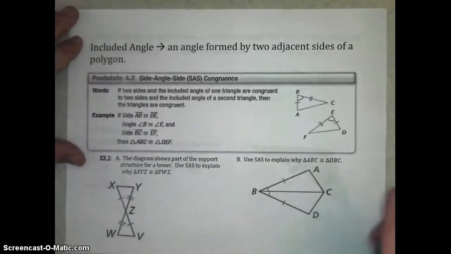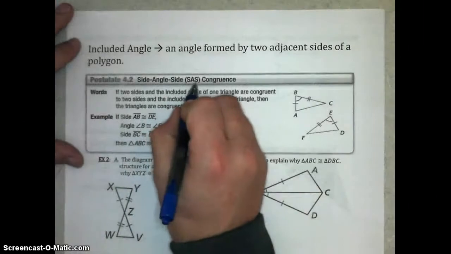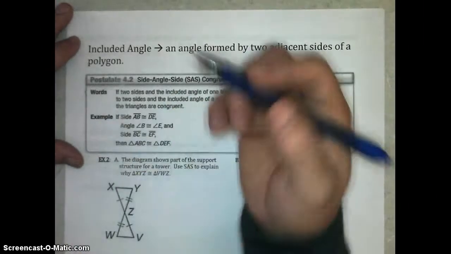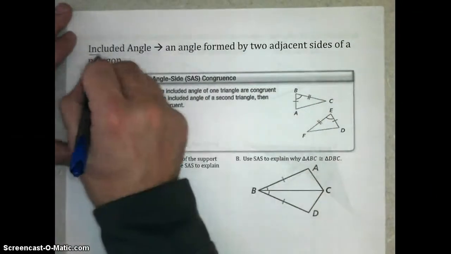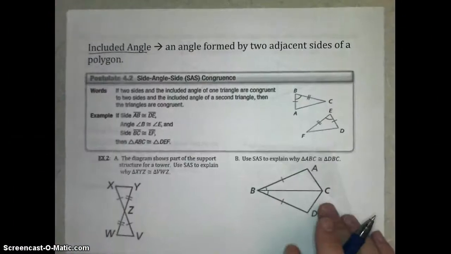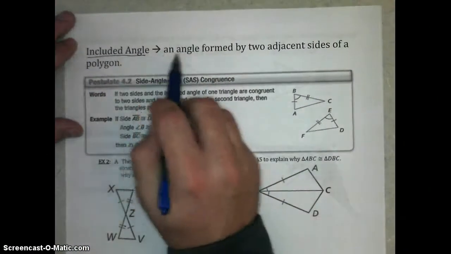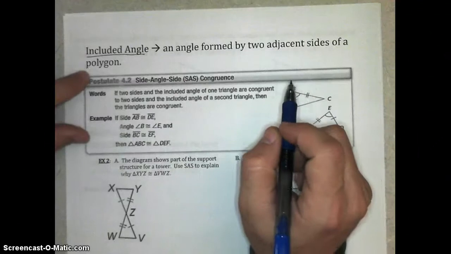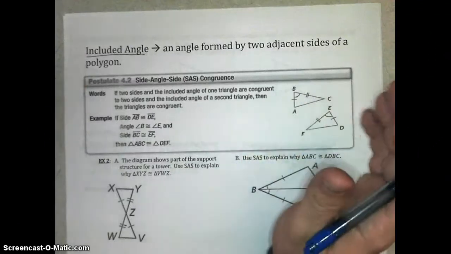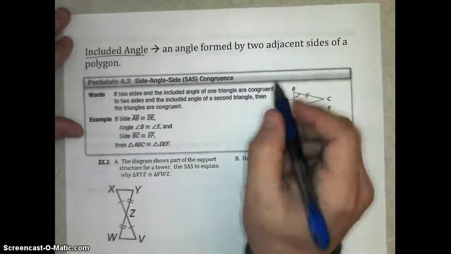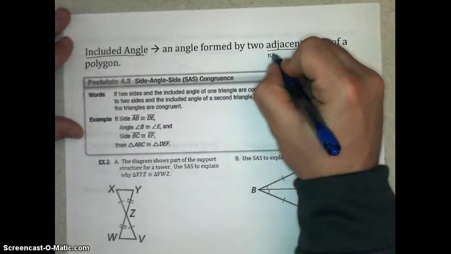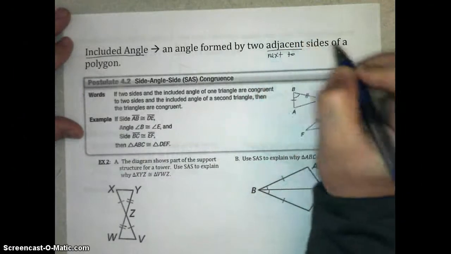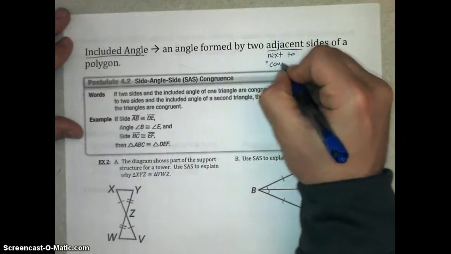Alright, that leads us into getting ready to talk about the side angle side congruence postulate. But before we do that, there's a term we need to use, and that is called the included angle. An included angle is an angle formed by two adjacent sides of a polygon. Okay, think of it as an angle that is kind of sandwiched between two adjacent sides. That word adjacent meaning next to. We could also use the word consecutive